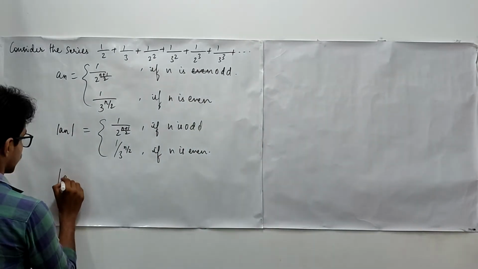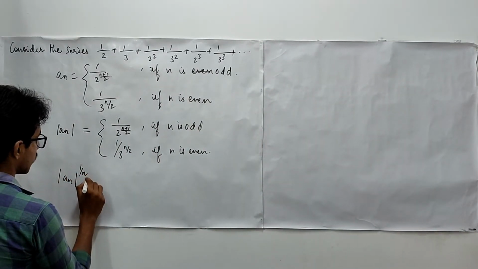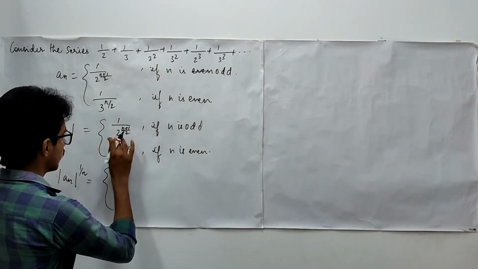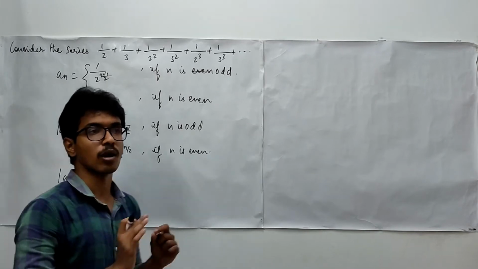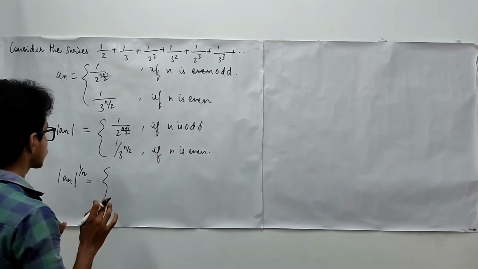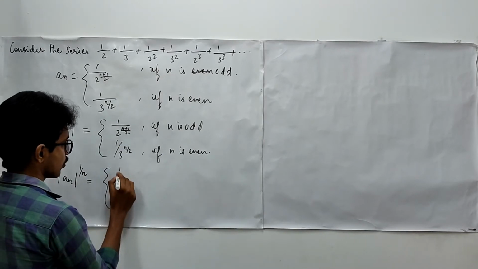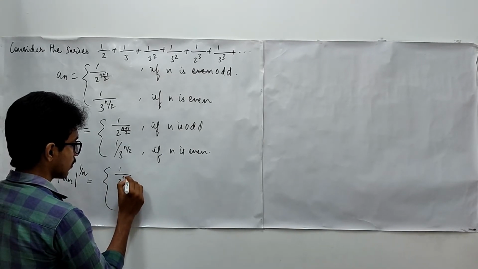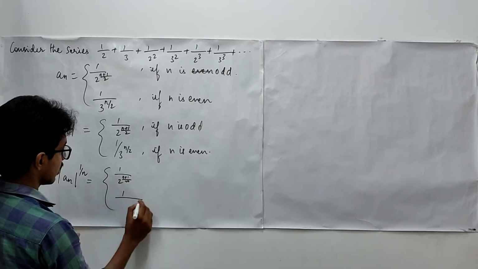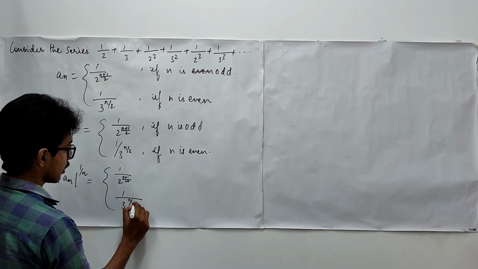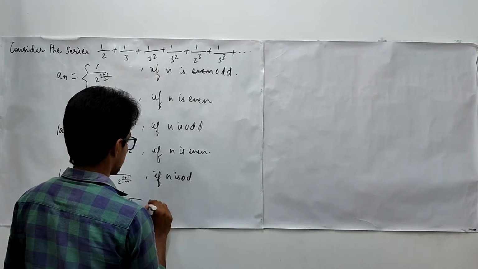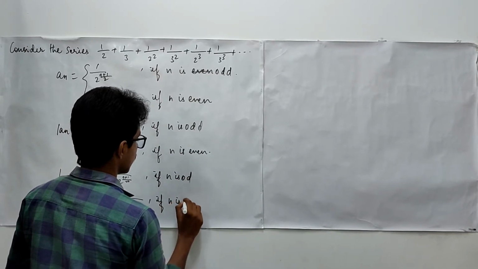So an to the power 1 upon n. What is it going to be? Now it will affect only in the denominator, as 1 power anything gives you 1. Right? And this is 1 upon 2 power n plus 1 by 2n, right? And similarly it is 1 upon 3 power n by 2n. So this is for the case when n is odd, and this is for the case when n is even,